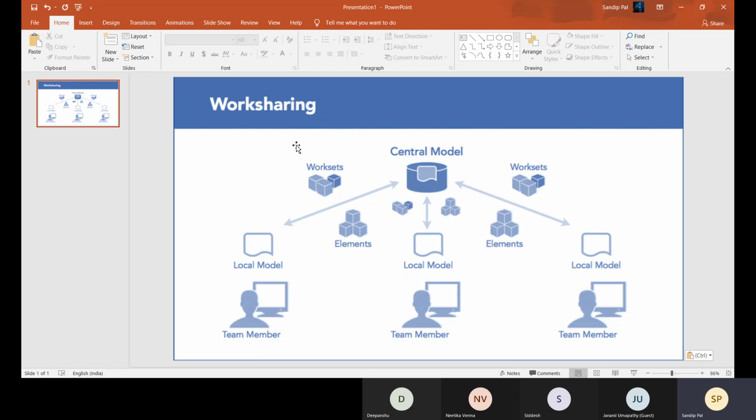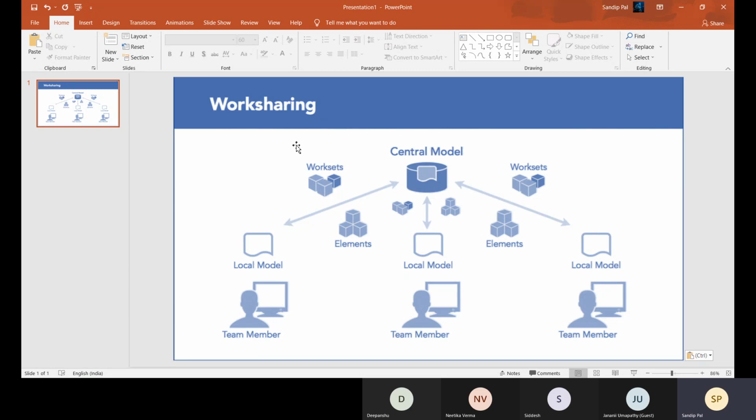When I'm working on my local file, no one can see how much I have worked in my local model until I synchronize with the central file. Each local file is individually connected to the central model. When you synchronize with the central file, the master file gets updated, and that information comes to the other local files.